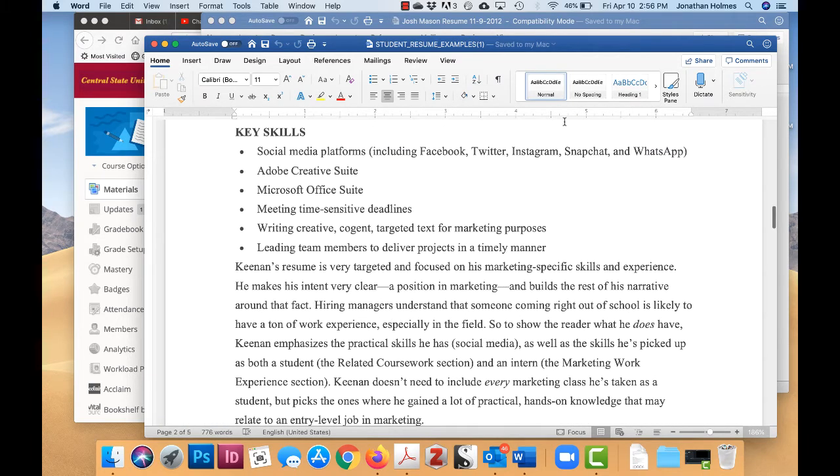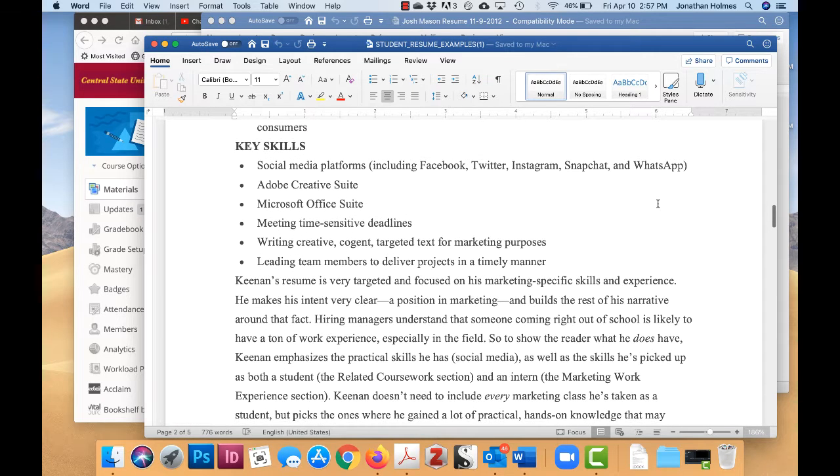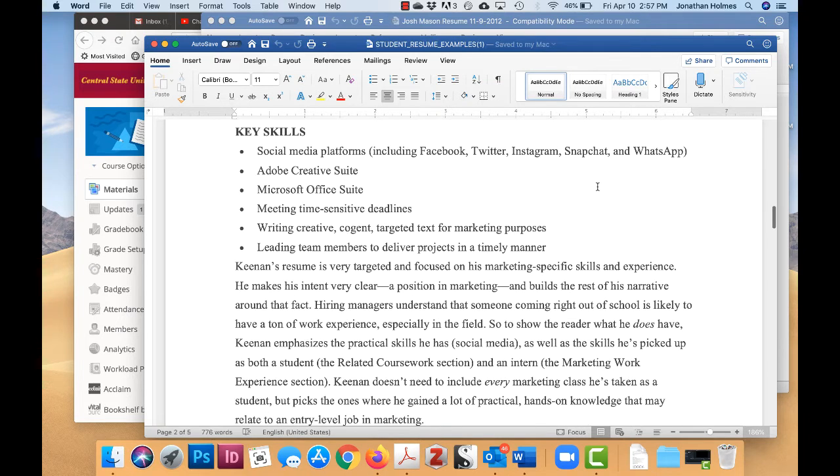And then he happens to mention social media platforms. Now, that's because he's a marketing major, and so he may end up actually applying for jobs that would involve running social media accounts for a company. That may not be the best idea for everybody, but if you use Instagram and Twitter and some other stuff, you could list that, especially if you think you may be applying for jobs that might be seen as beneficial. It definitely should encourage you, if you haven't done this already, to really carefully curate your web presence,